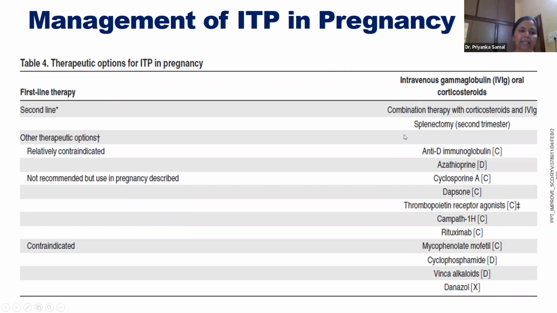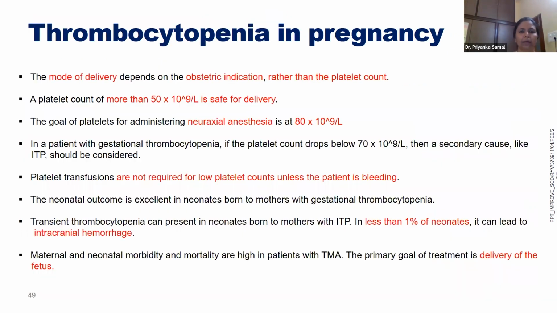Splenectomy can be done in the second trimester. Other therapeutic options: anti-D is relatively contraindicated, because we need to have a safe level of hemoglobin before we give anti-D. And many a times you will see that in pregnancy patients have hemoglobin of approximately 8 to 9. So that is why it is relatively contraindicated. Azathioprine and others like cyclosporin, dapsone, and the other group of drugs are almost not recommended or not used during